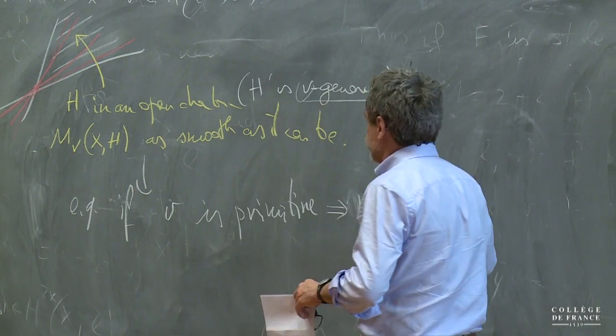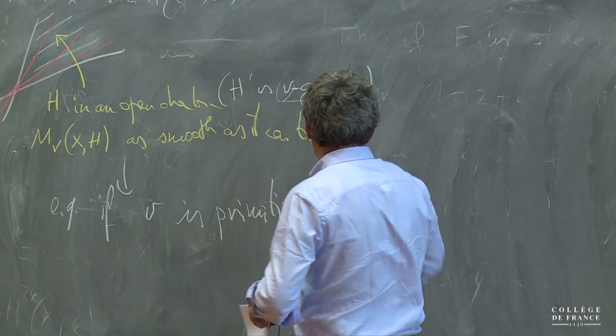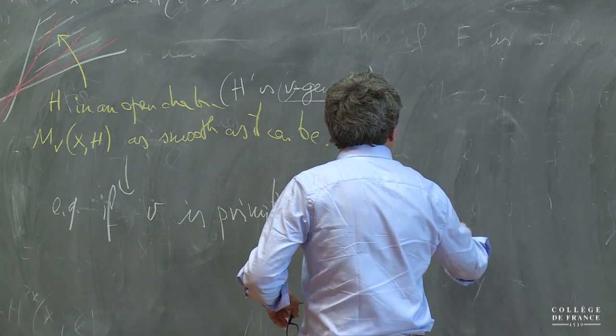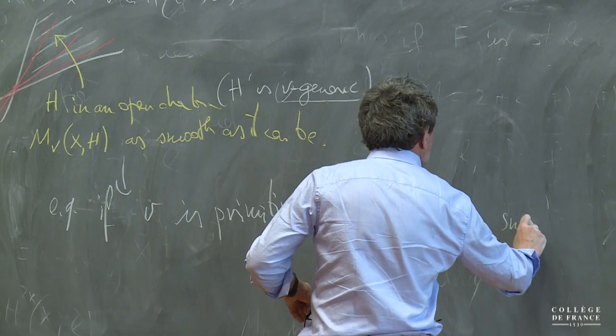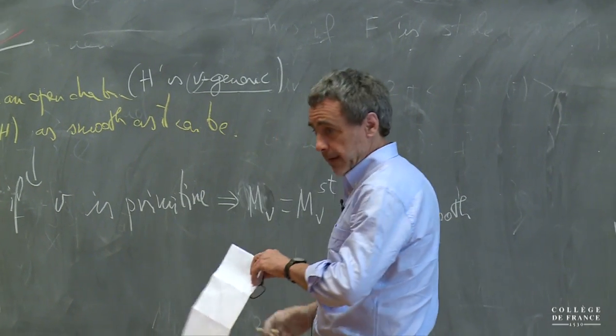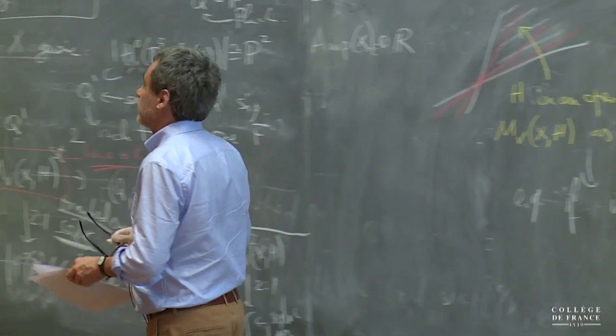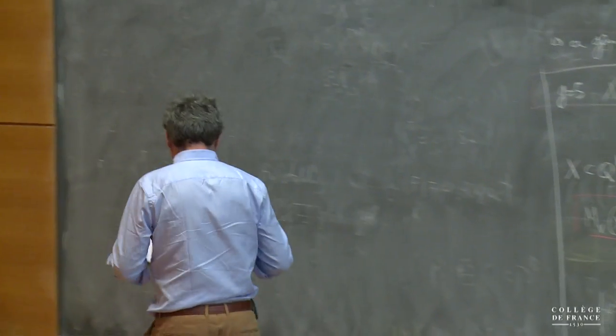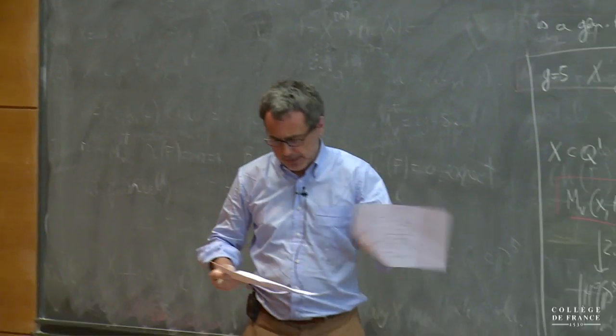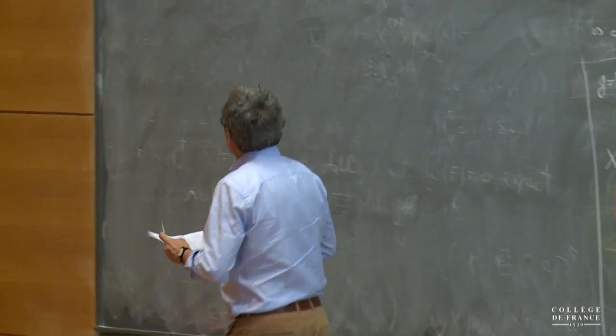Of course, here H is important. It has to be V generic. But if V is not primitive, you will certainly get non-stable things. Okay? So the general result is